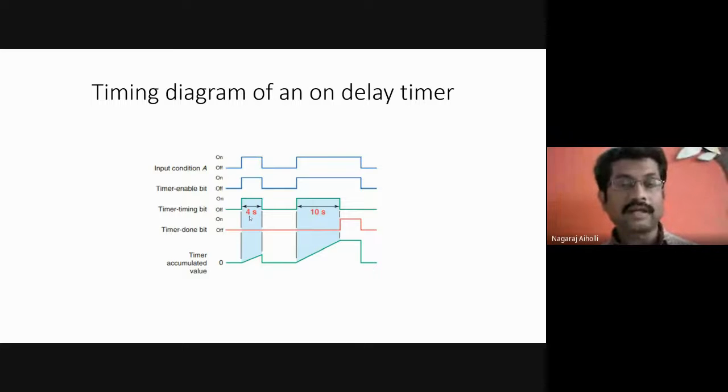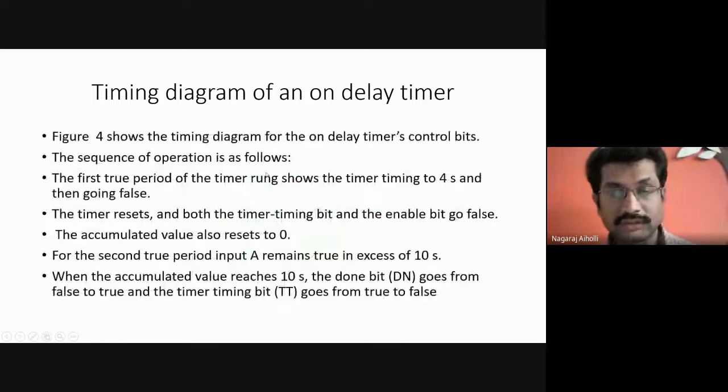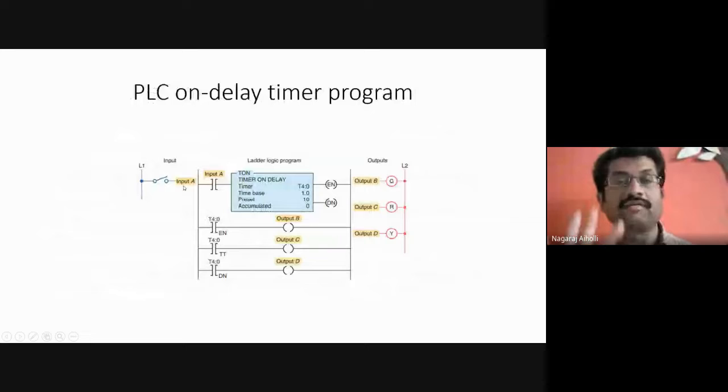As it goes on timing, let us say it moves up to 4 seconds. After 4 seconds, what is happening? We are releasing the input switch. The switch, whatever we had closed initially, we maintained up to 4 seconds. After 4 seconds, again I am opening the switch. It was in closed position, and now I have opened the switch. Once this is opened, what should happen to the timer instruction?